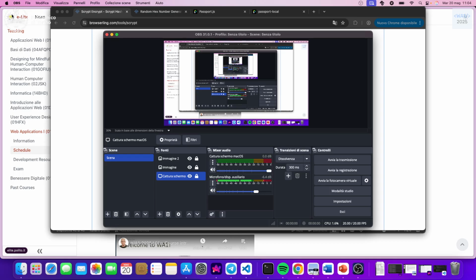We have first to enable the session inside the server, and then we have to say to Passport to use the session. So we have to import the session from Express session, and then we have to enable it. So we have to set up here